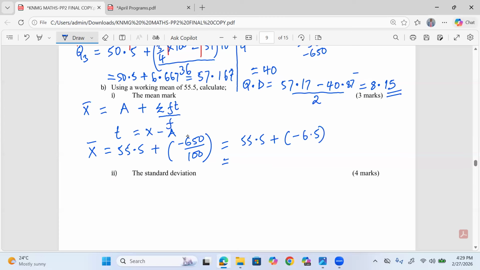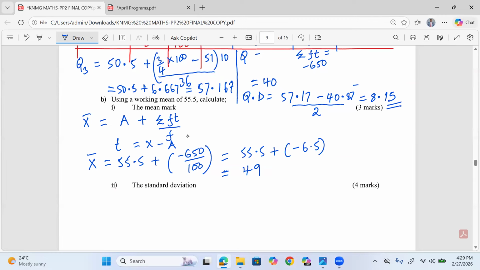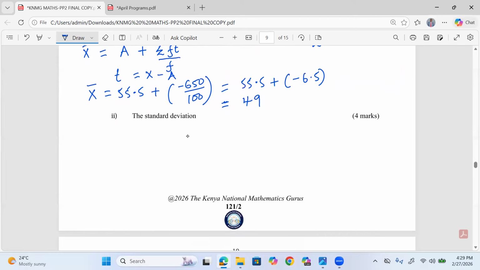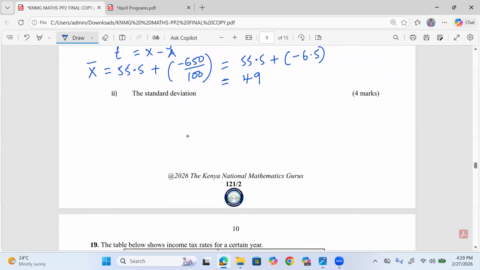So what will this give us? The actual mean, 55.5, and we get exactly 49. So the mean of the marks that we have is exactly 49. That is the mean. Then we get to standard deviation. For us to get standard deviation, call it S, we need the square root of variance. So the variance is usually given by